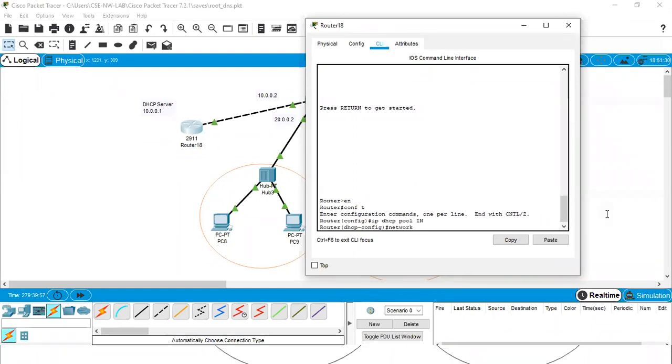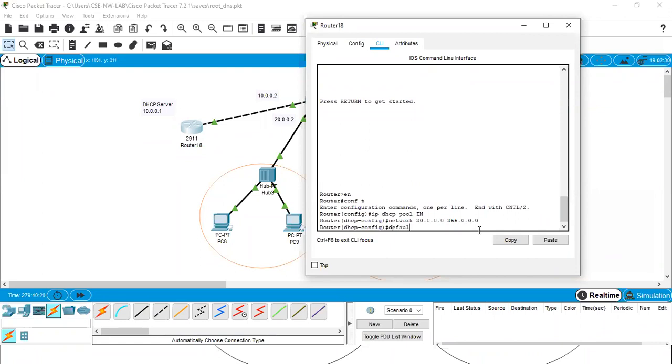First we're going to create the first subnet pool. The network ID and the subnet mask.